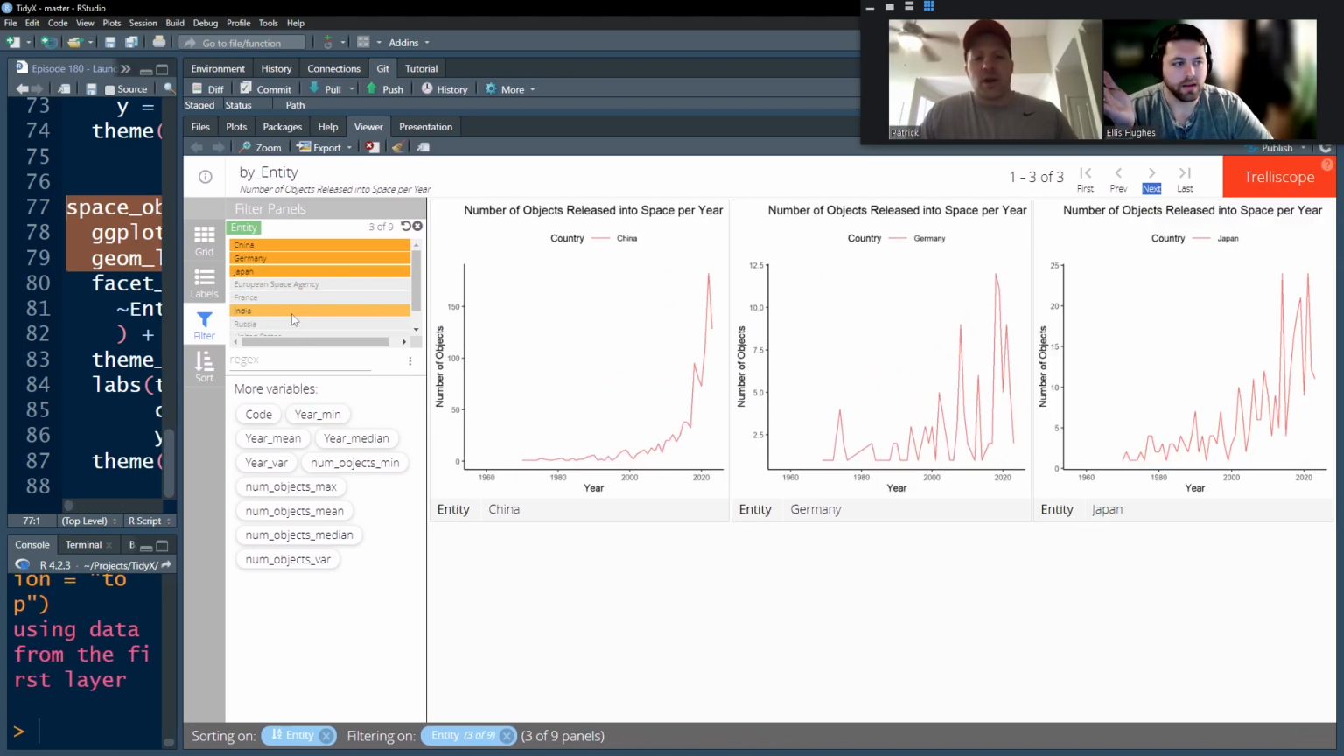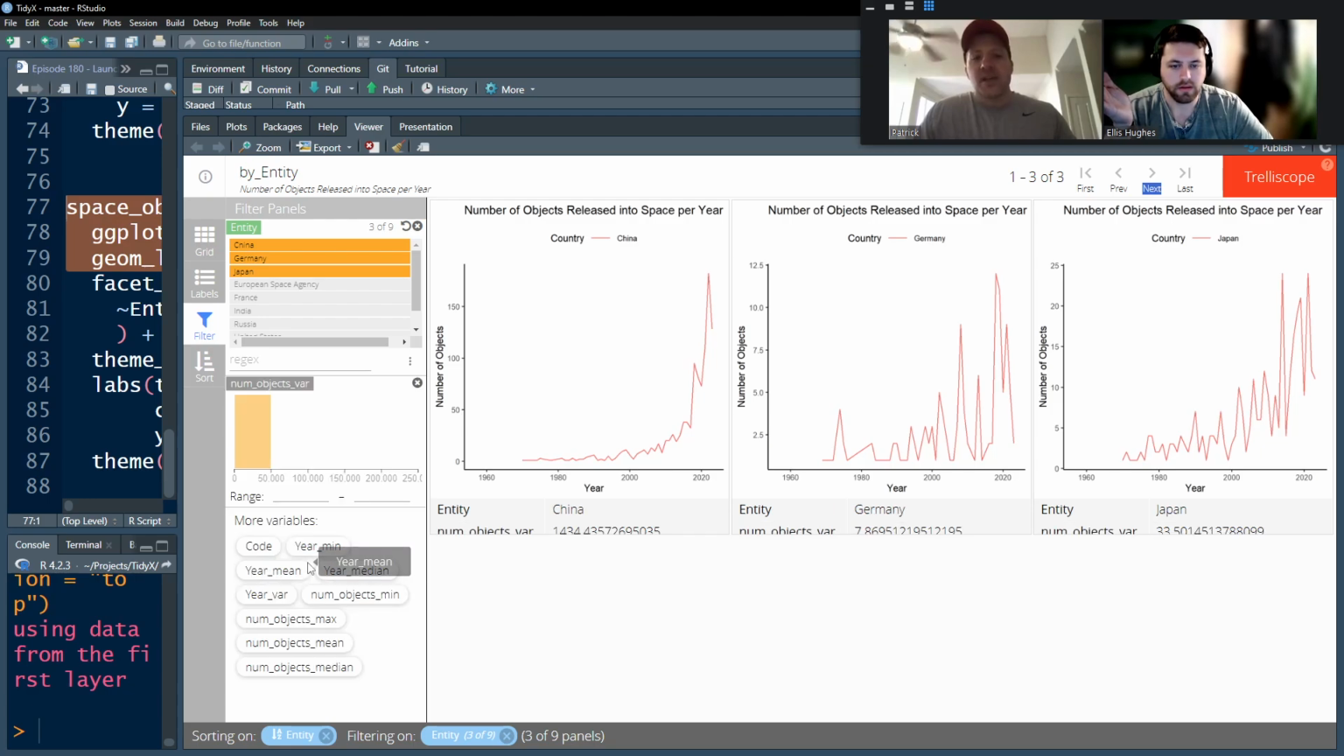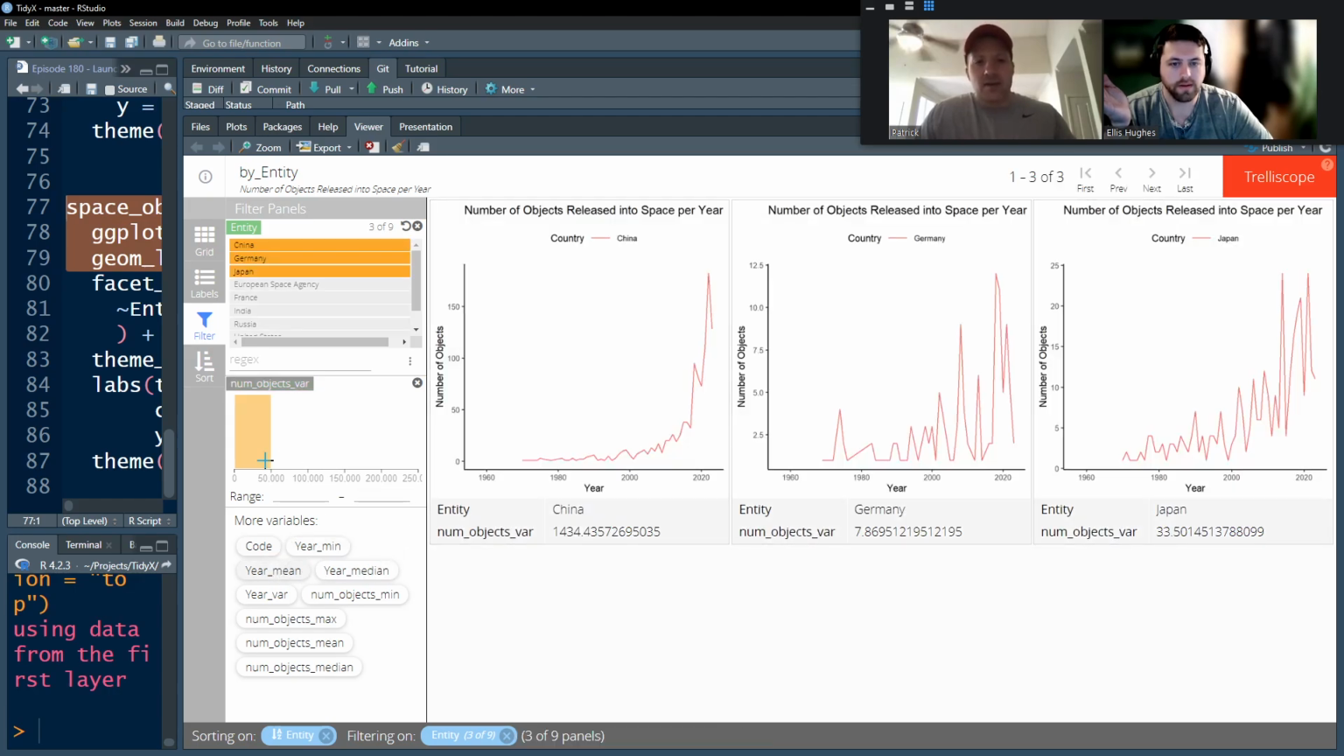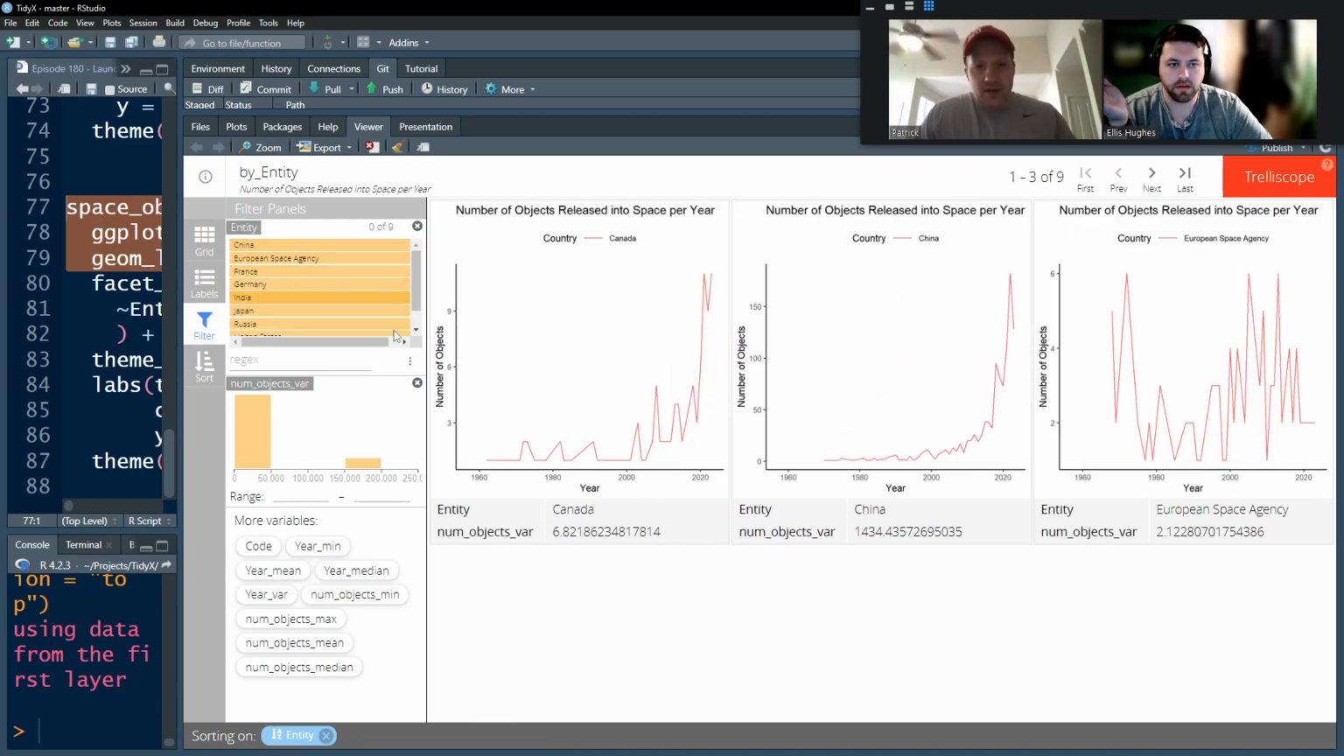And it looks like you have options for different types of summary statistics there below your selection. So you could do year mean or year median, for example. Oh, it's not going to change the plot. It's going to add values down below. Yeah, so what you could do is you can remove your entity filter, and